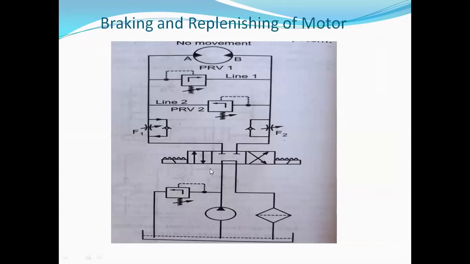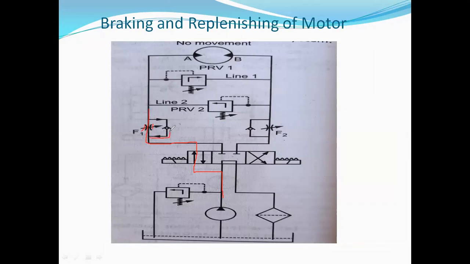Okay. So when your motor will start in clockwise direction, say the hydraulic oil will start flowing from this to this, then through the flow control, from which we can control the speed of actuator by changing the flow.